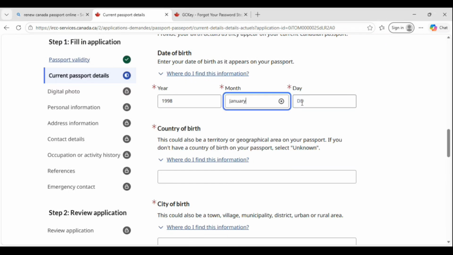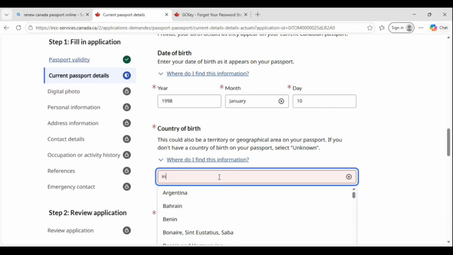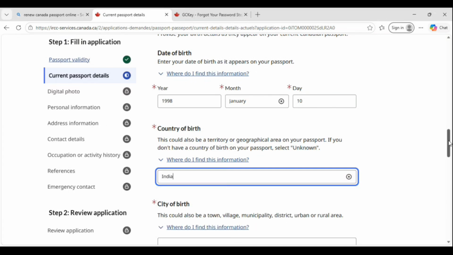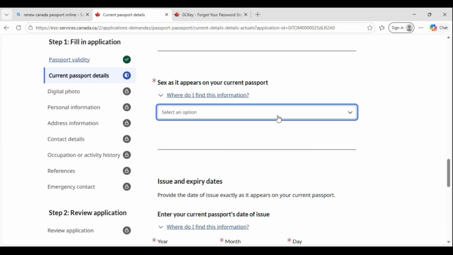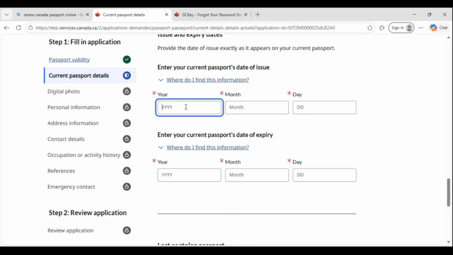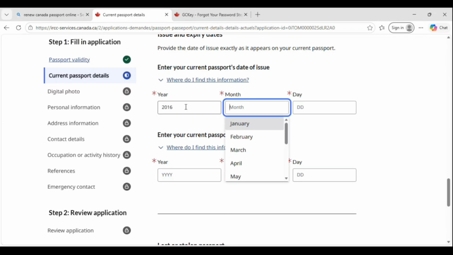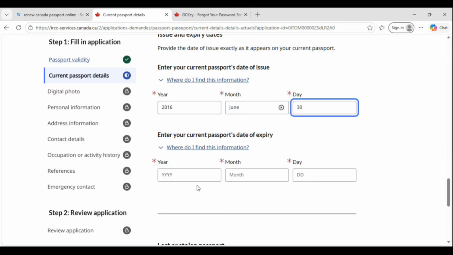Month, country of birth, city of birth, whatever is active in your case. I'm not gonna submit the application for sure. Gender, issue and expiry date. Remember criteria, guys. So let's say your passport was issued back in 2016. Month, let's say it was issued sometime in June 30, right? We meet that criteria. And expiry is gonna be